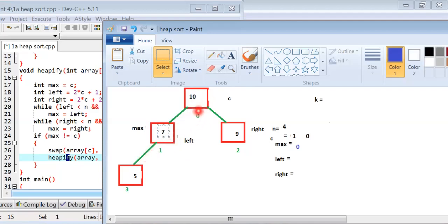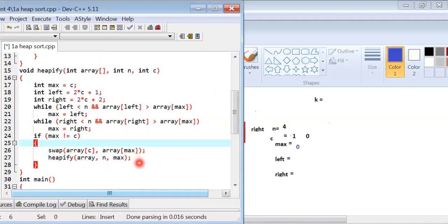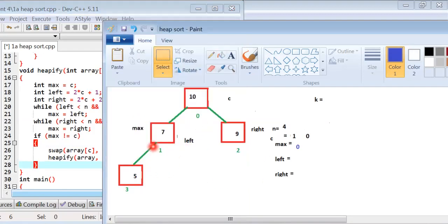Let's see, this subarray is sorted and the condition is true and executed. We call the heapify function, the value of array is this array and the n value is 4, and the max value is 1.